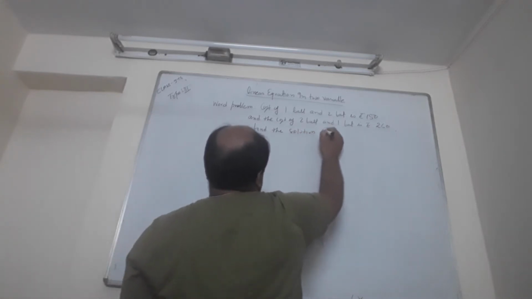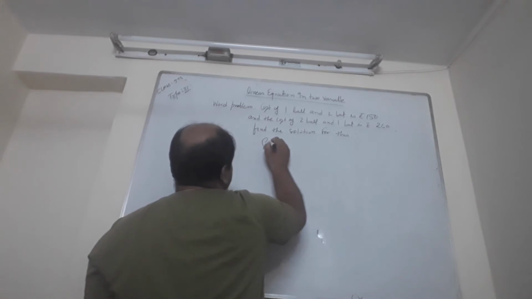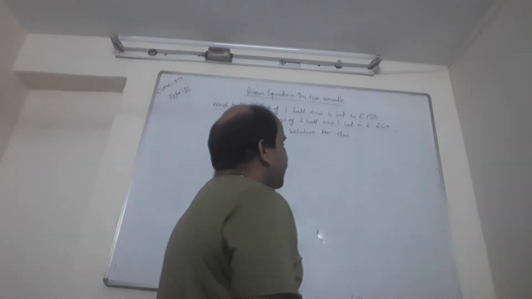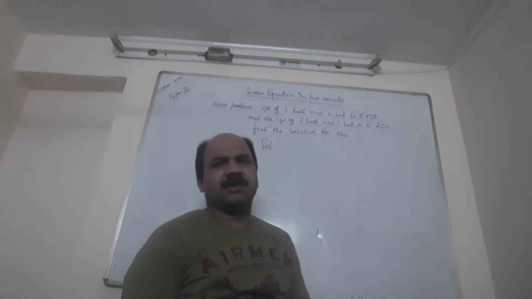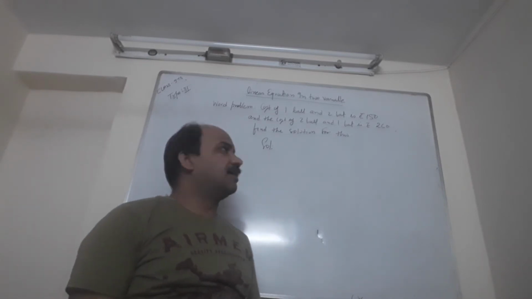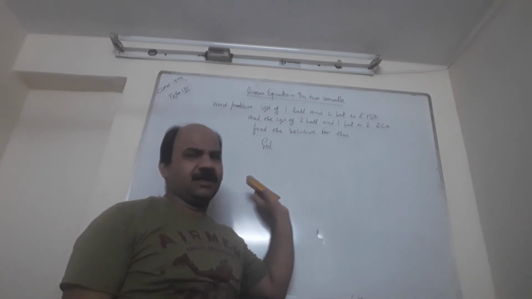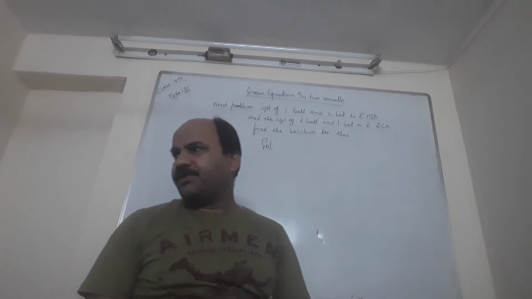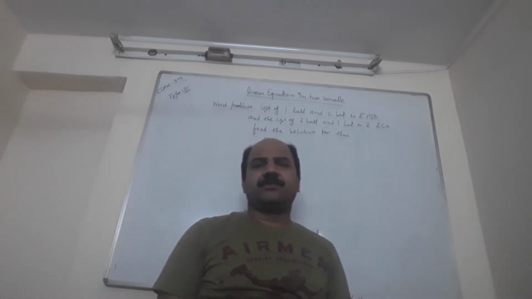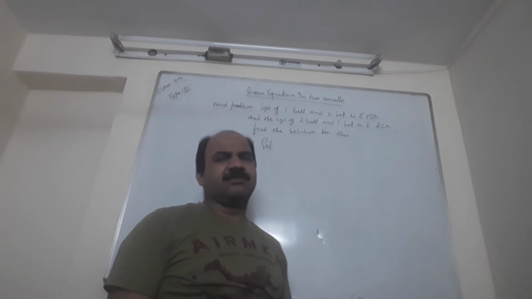Find the solution for this. So as per the questions, as I told, there are a lot of topics from this chapter that will come in standard 10. But here we will show this with the help of graph only. So as we have done in the type 2 questions, we have taken the value of two or three values of the given equations and then plotted on the graph.